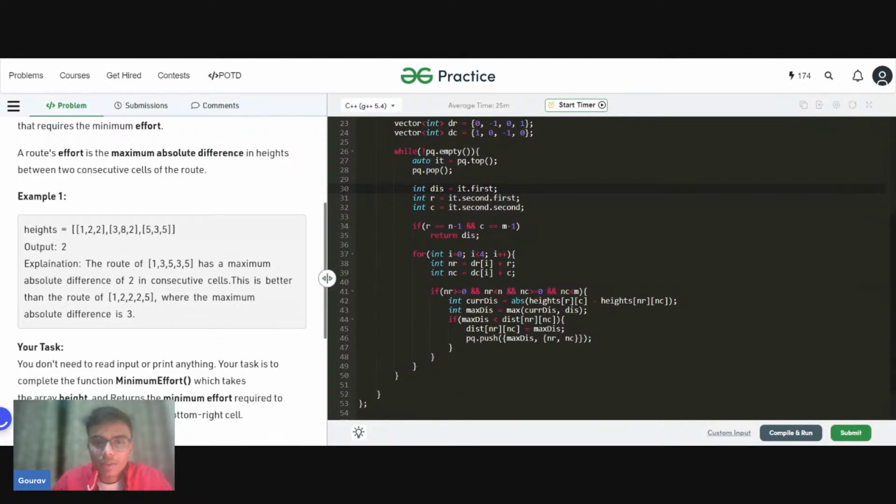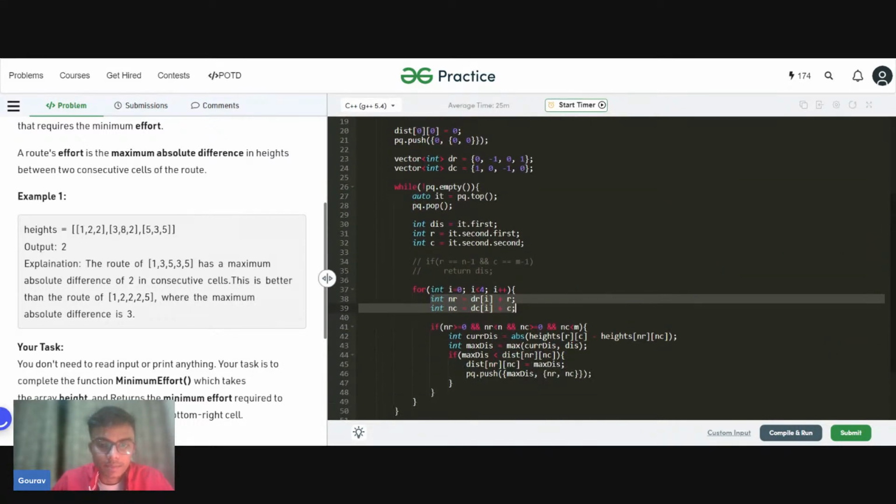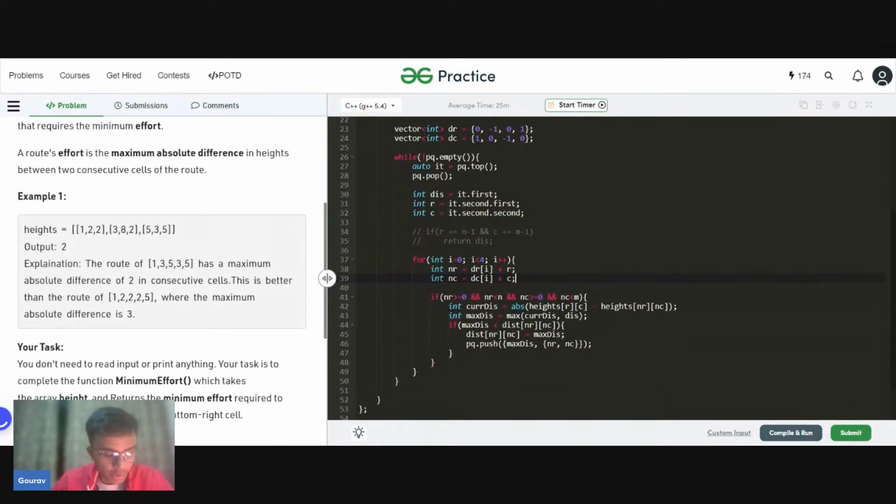Now what we will do, let's skip over this portion right now. Okay, so we will go across all four possible directions that there exist. In this case, the traversal of all the four directions is possible only with the help of this distance array. So in the distance array, we go across all four possible directions. Okay, now when we are going across all four possible directions, we will first check.